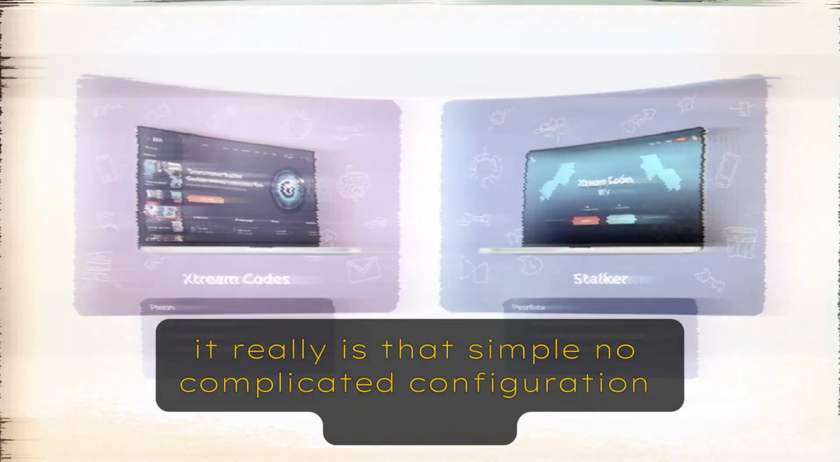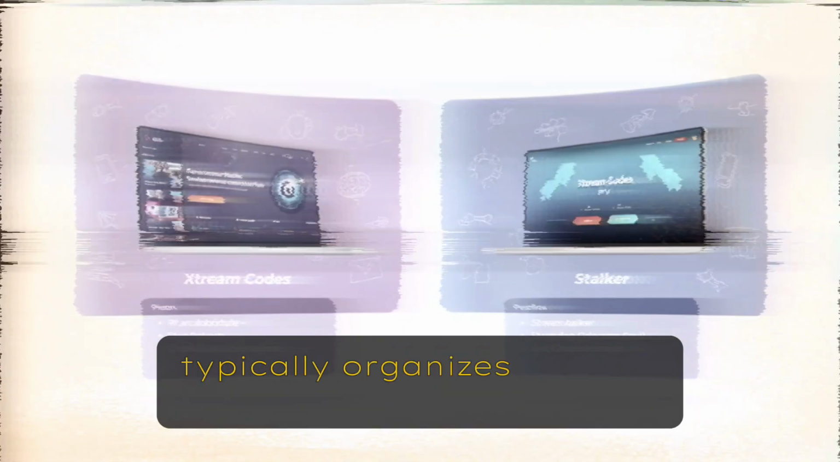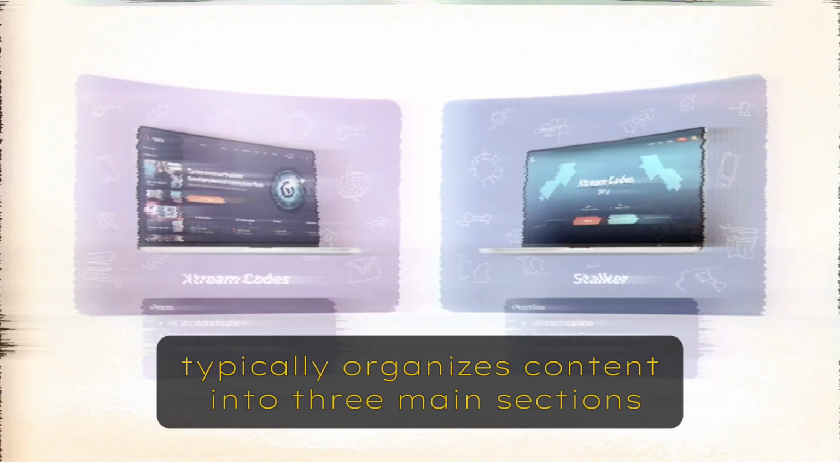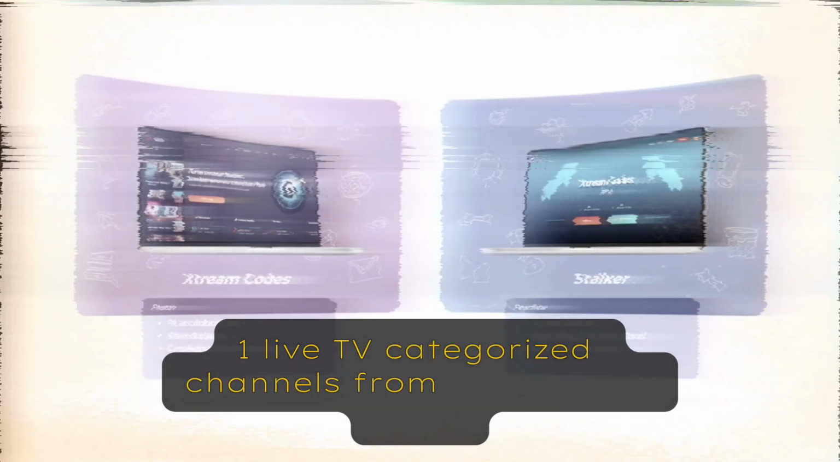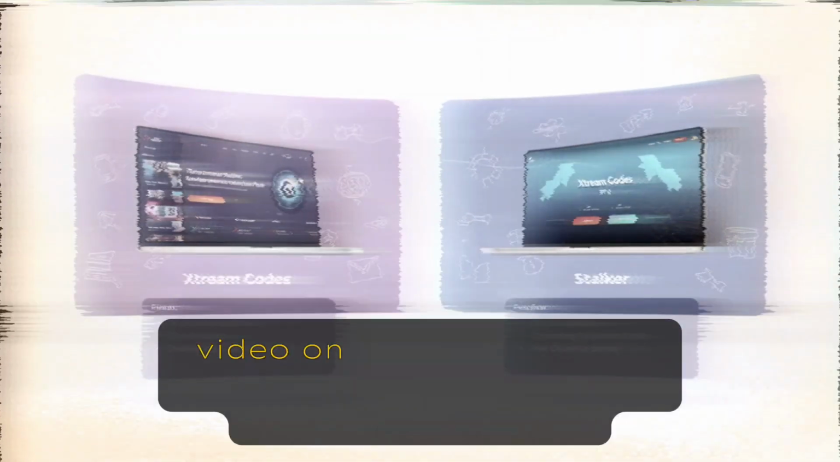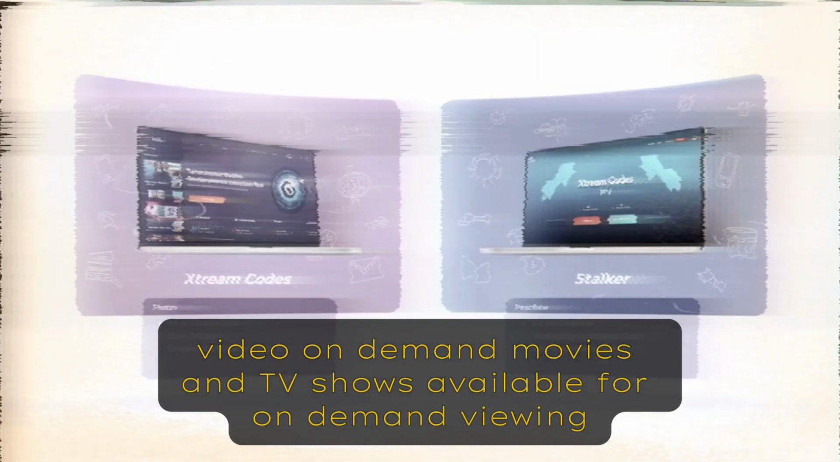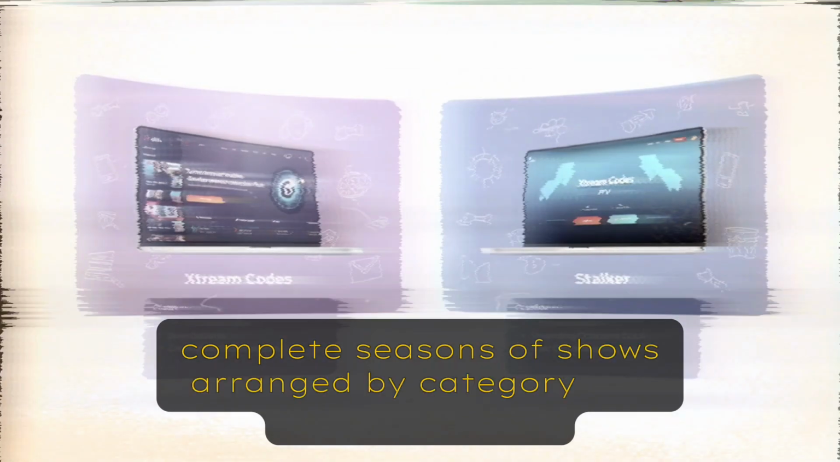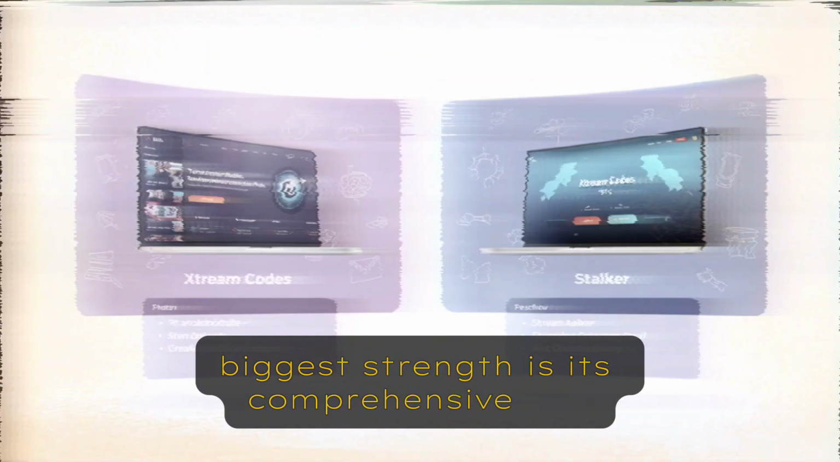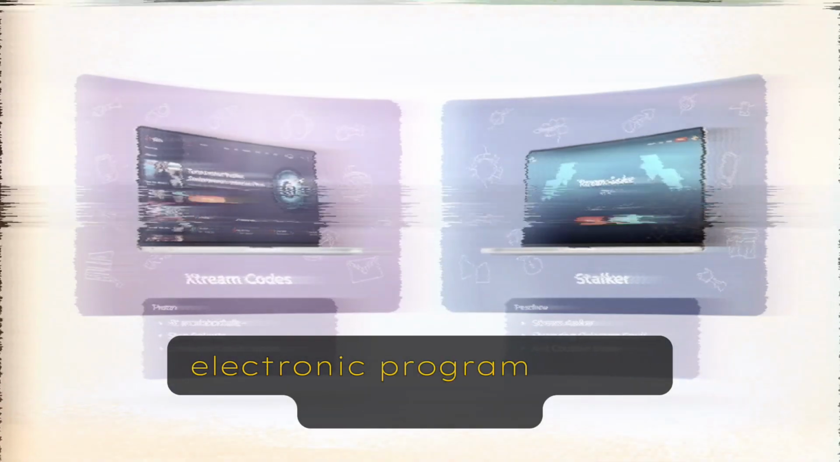No complicated configuration required. The Xtream Codes interface typically organizes content into three main sections. 1. Live TV, categorized channels from around the world. 2. VOD, video on demand, movies and TV shows available for on-demand viewing. 3. Series, complete seasons of shows arranged by category. One of Xtream Codes' biggest strengths is its comprehensive EPG, electronic program